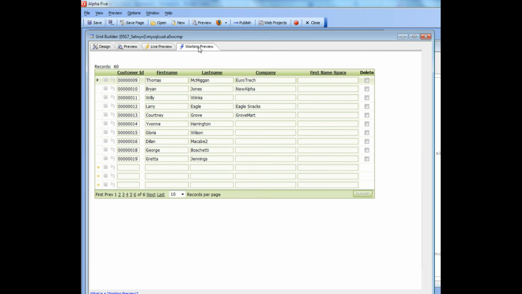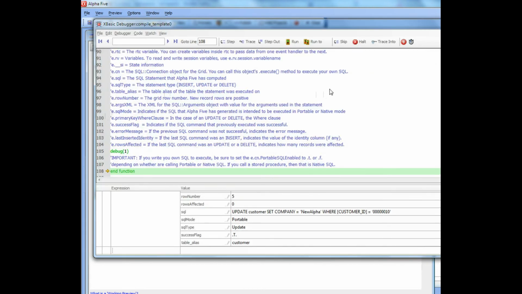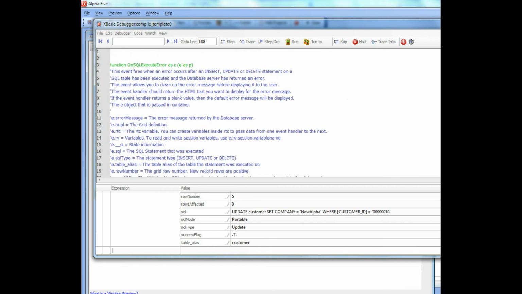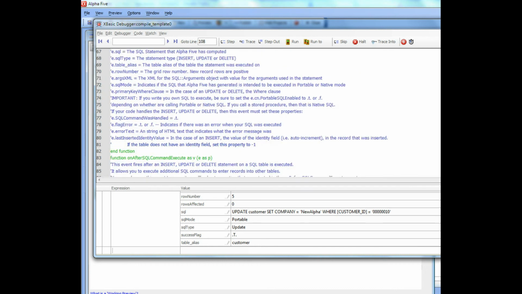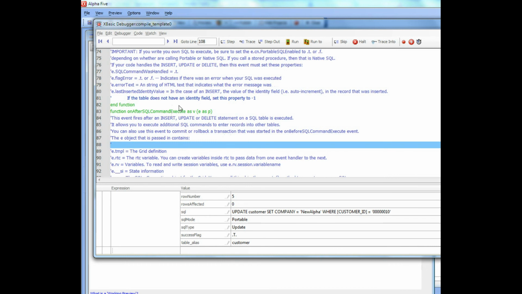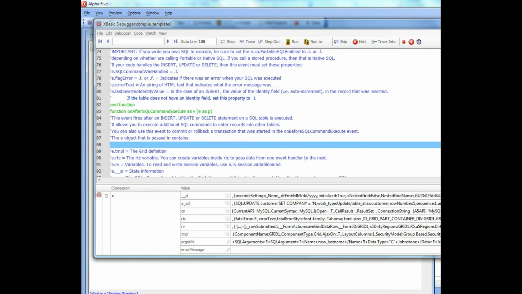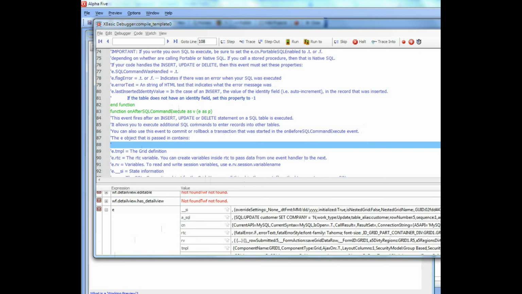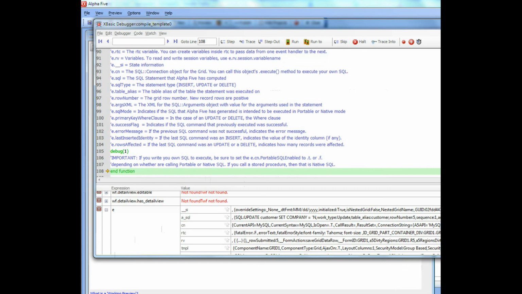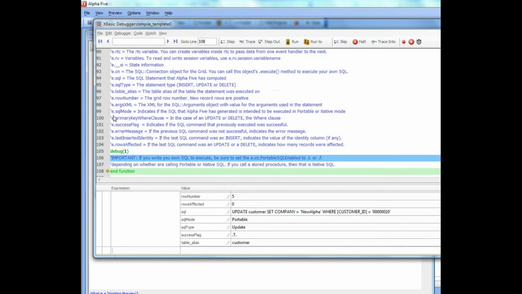So I'm going to go over here and let's go to this record over here, and I'll type in a value and then save it. So you can see now that the record is saved, and now we're inside the onAfterSQLCommandExecute event. So at this point the update command has successfully completed, and if we look to see what's been passed in to us in this E object over here, we can see that, as the function prototype tells us, some of the important information is the success